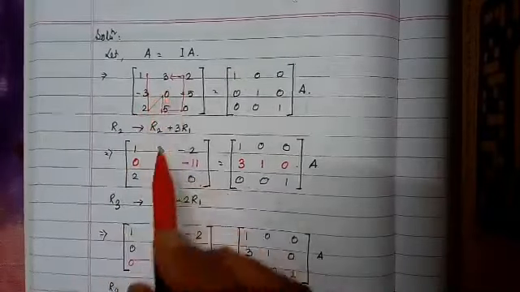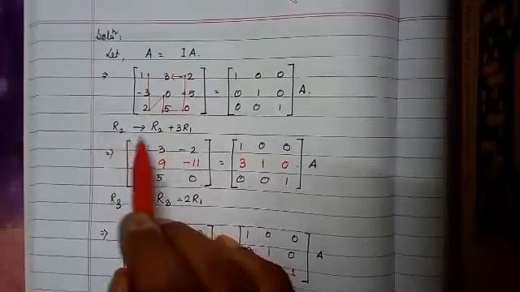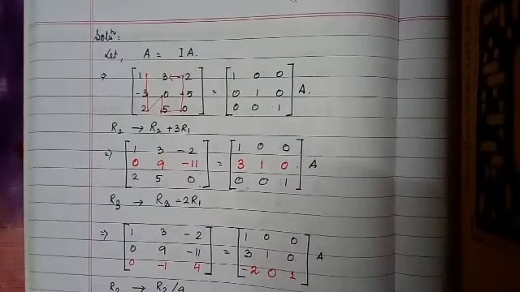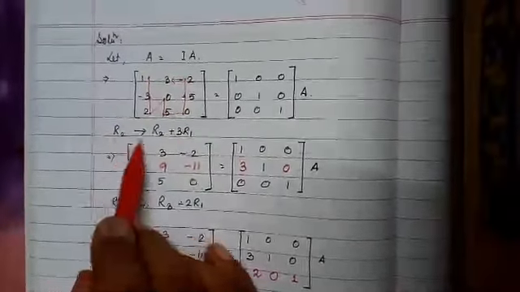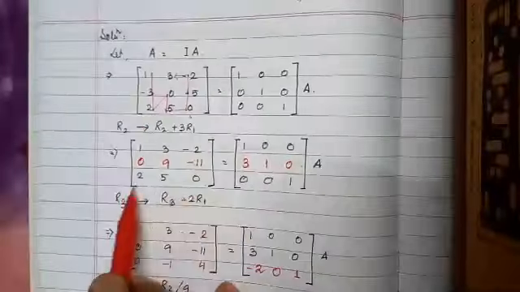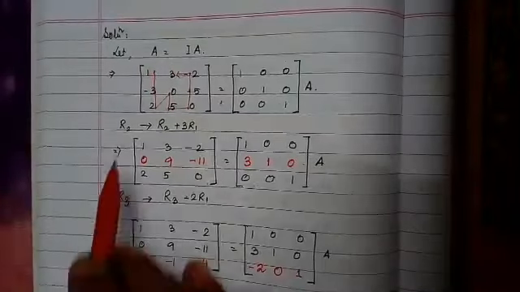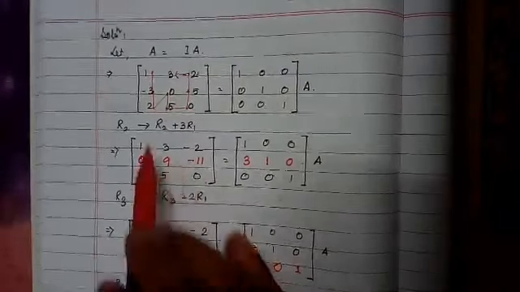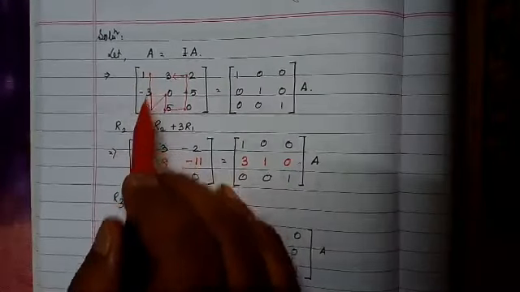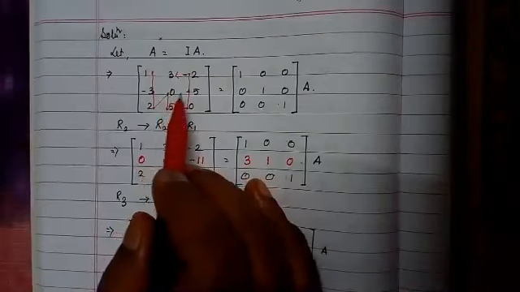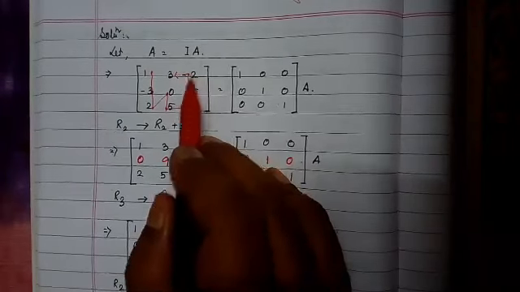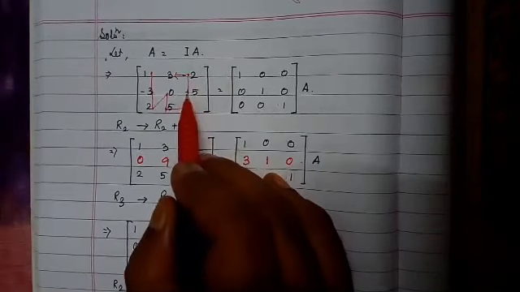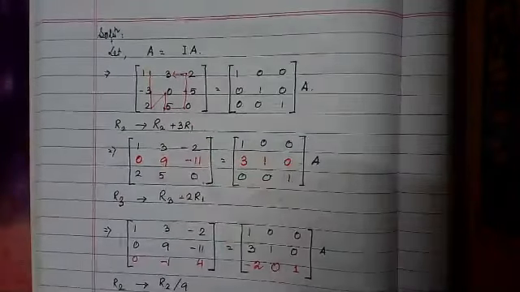So first in R2, we have to make this 0. How is it possible? If we operate R2 is replaced by R2 plus 3R1. So R1 and R3 have no operations because we are operating only R2, so they are written as it is. As we are operating R2, I have shown you this one by different coloring. Now 3 into 1 is 3, minus 3 plus 3 is 0; 3 into 3 is 9, 0 plus 9 is 9. Now this is multiplied by 3: minus 2 into 3 is minus 6, minus 5 minus 6 is minus 11.